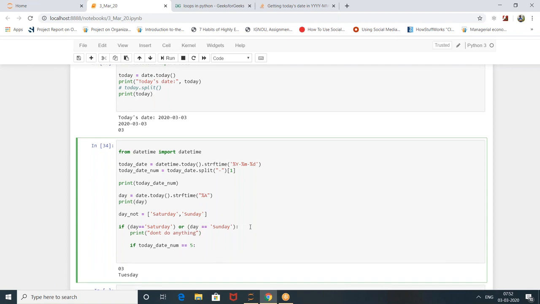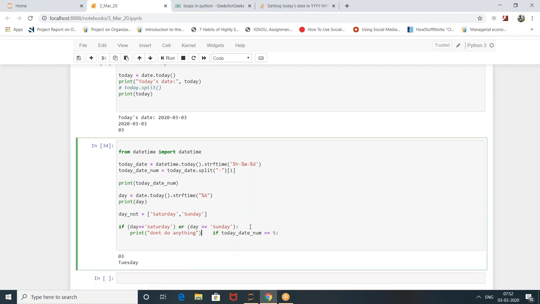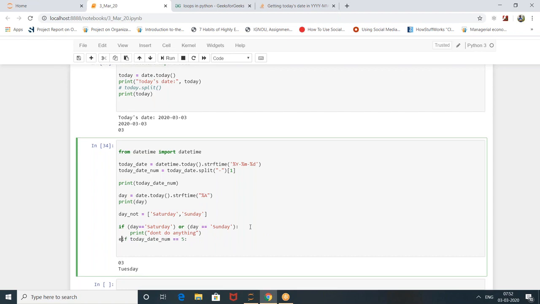Okay. Then the elif condition we can go. If today's date is equal to 5. Okay, the fifth business day I should get, but it is not considering the numbers. How to get that number? I'm just thinking. What is today's date?